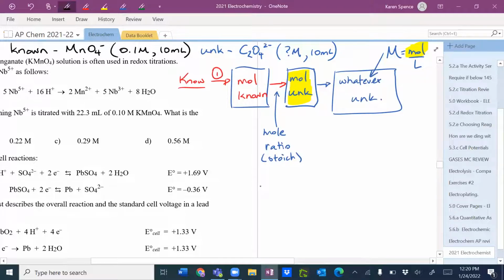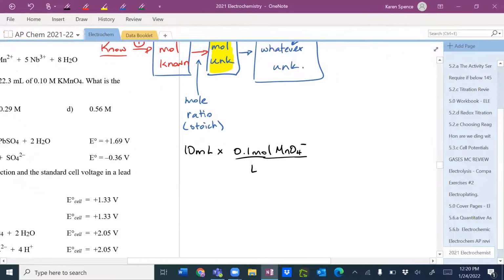So I know that I have 10 milliliters of 0.1 mole per liter of MnO4 minus, that's our known substance. My liters will cancel out, leaving me with